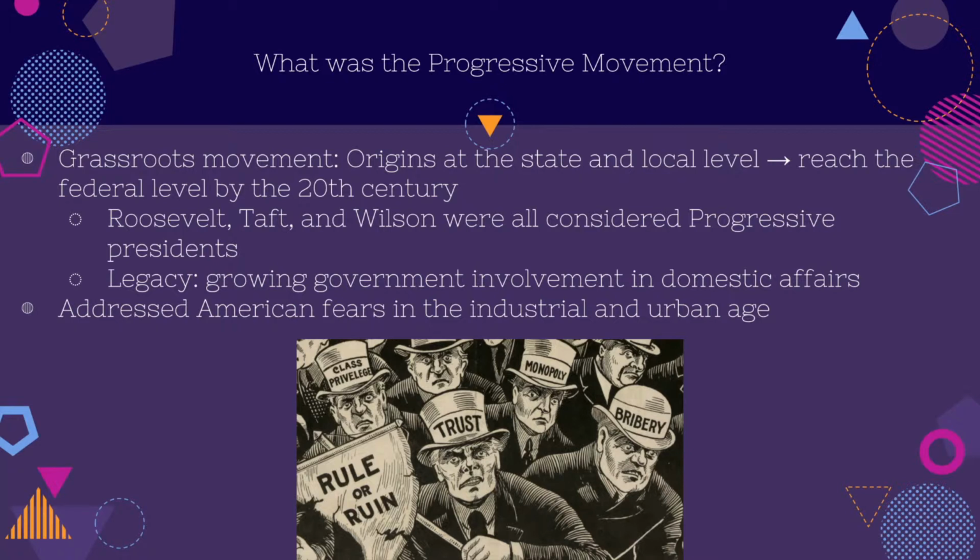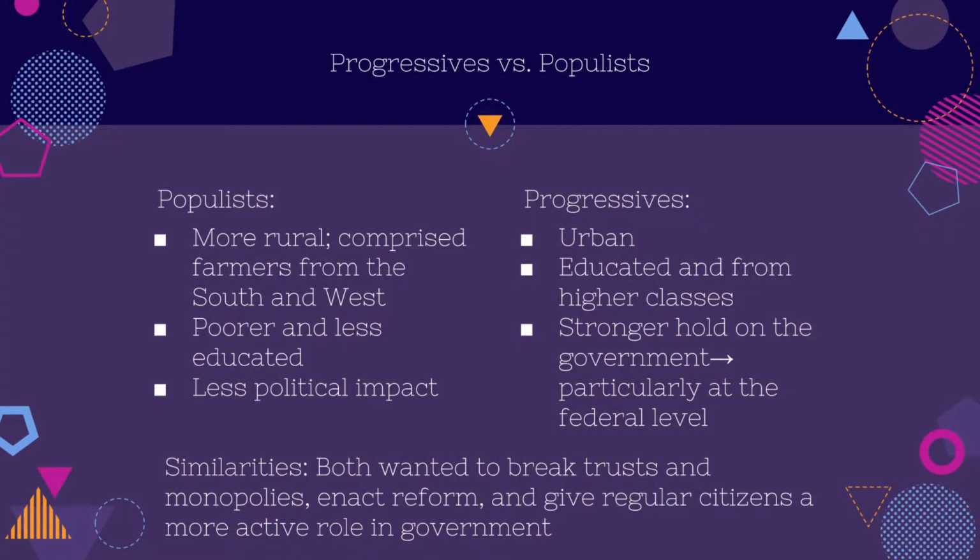And we can elaborate a little bit if we want to about how the progressive movement addressed American fears, but I think that sort of speaks for itself, right? In a lot of ways, the progressive movement was a call to respond to some of the negative effects of industrialization. All right, so actually, this slide does touch upon the first guided question. So, really, really briefly, let's think about ways in which these movements are similar and also ways in which they differ, right? And of course, we can consider the ways in which these are more complicated.